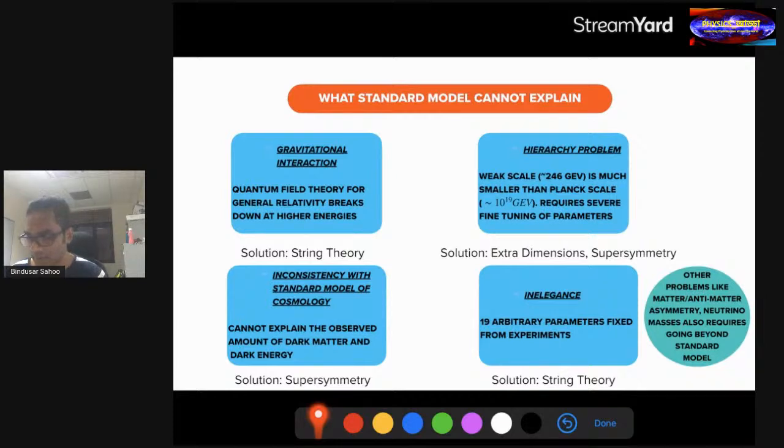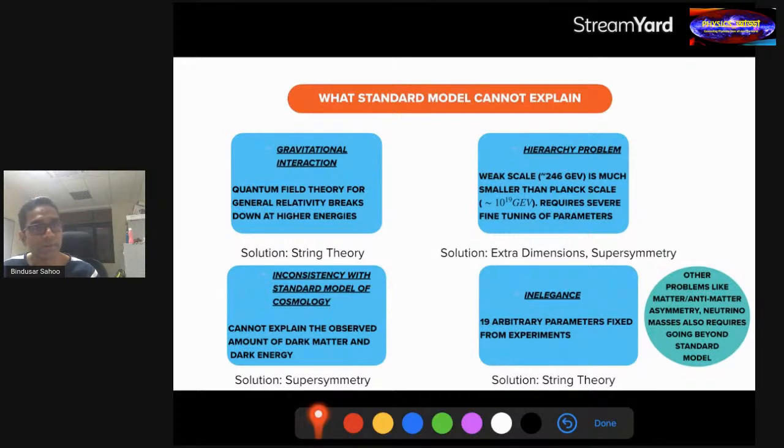Okay. The third problem that I can list here is inconsistency with the standard model of cosmology. It cannot explain the observed amount of dark matter and dark energy. So cosmology tells us that there has to be some matter outside what is given in the standard model of particle physics. The standard model of particle physics has leptons and quarks and all these things, which has electromagnetic and strong and weak interaction in a certain way. But